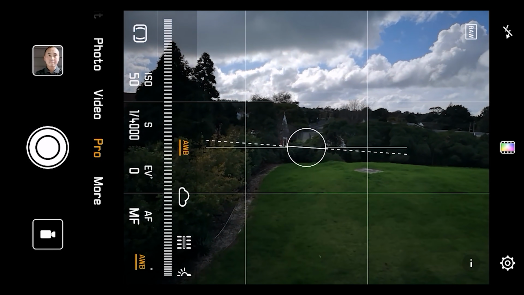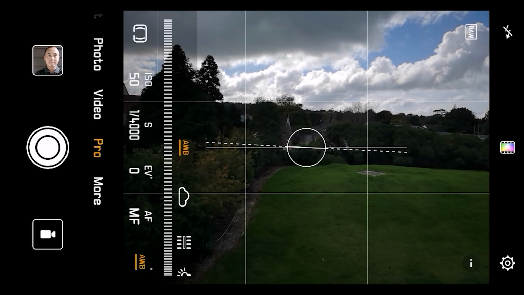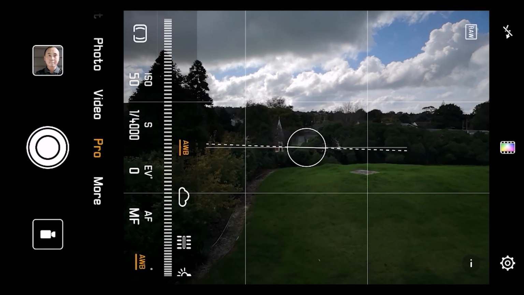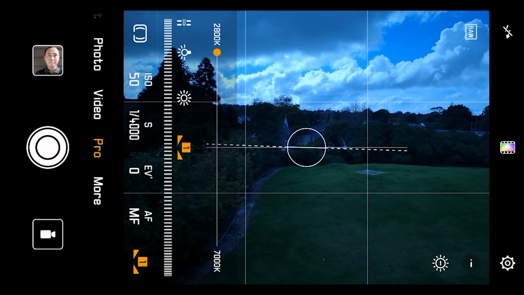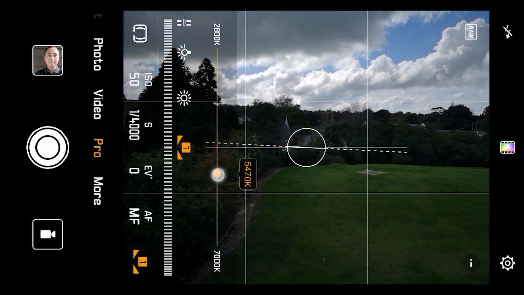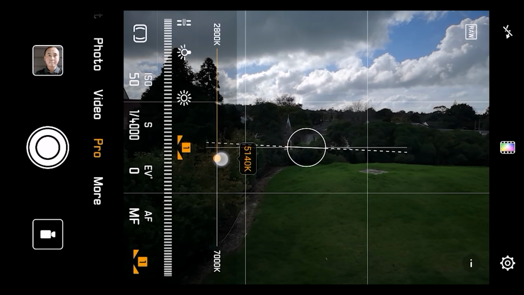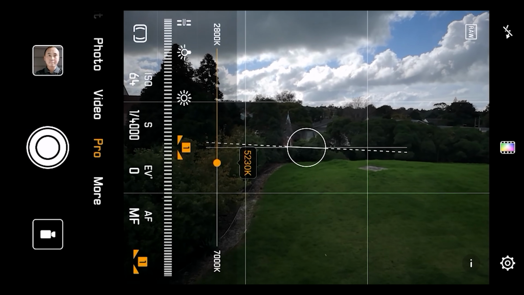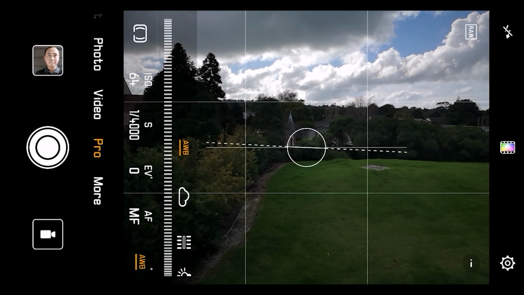Again, this one, you can normally just leave it at auto white balance. But if it doesn't work well, then you choose one of those. Or you can choose the last one, which means you can manually adjust the white balance you want to get the most correct color in your photo. So let me set it back to here.